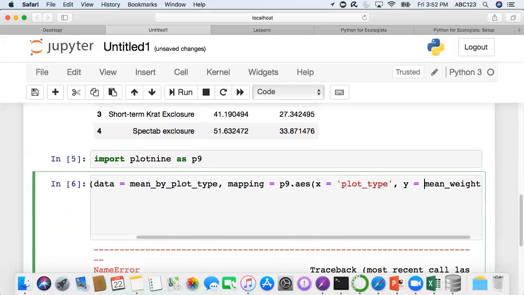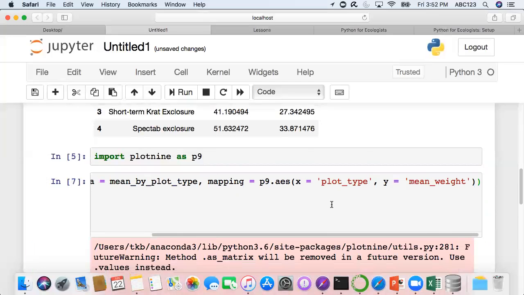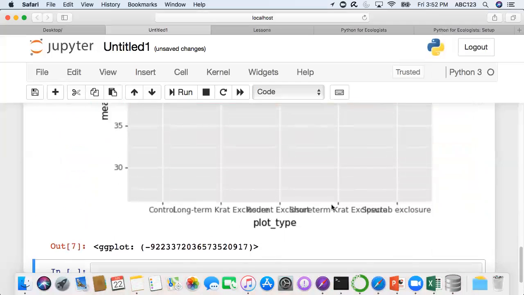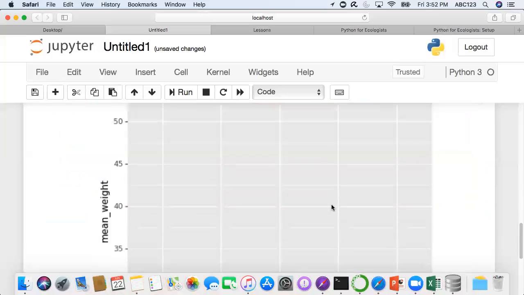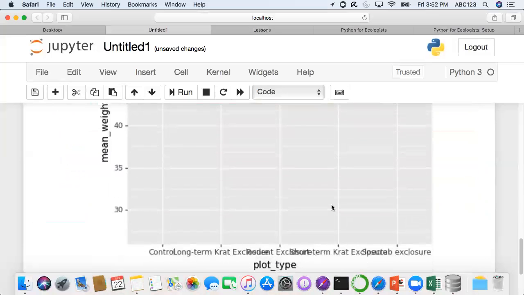All right. So plot type and mean weight are referring to particular columns. So we need to put plot type in quotes. There are some warning messages. I get a graph with nothing. So